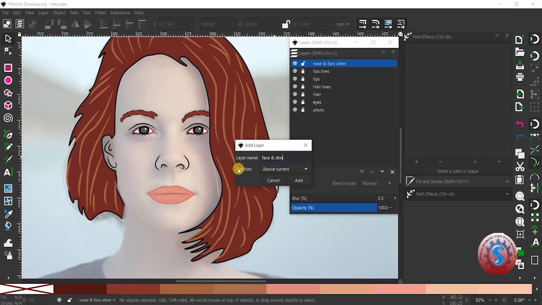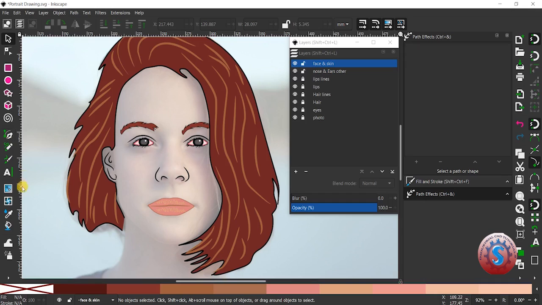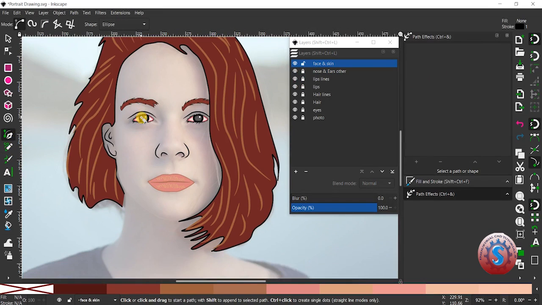I downloaded it from the internet using Pixabay, and these are the tools I already explained in my previous tutorial. By using the pen tool, you can easily draw the skin, the face, and you can observe the ear. I am starting from the ear, to show how it ends.